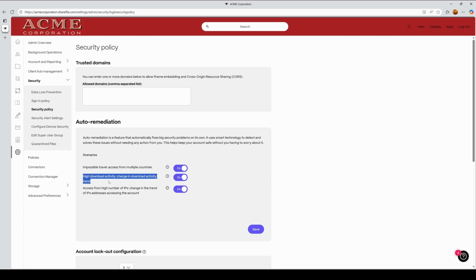The next scenario we provide for is high download activity. So let's say your average user signs into ShareFile, pokes through some files, and downloads a few files per day, maybe anywhere from 20 on up in a normal week, but nothing in the thousands, right? And suddenly that user has a huge spike in the volume that they're downloading. That is disconcerting, and so that will throw up a flag. If you have this turned on, we will remediate that automatically by notifying you as an admin and potentially locking